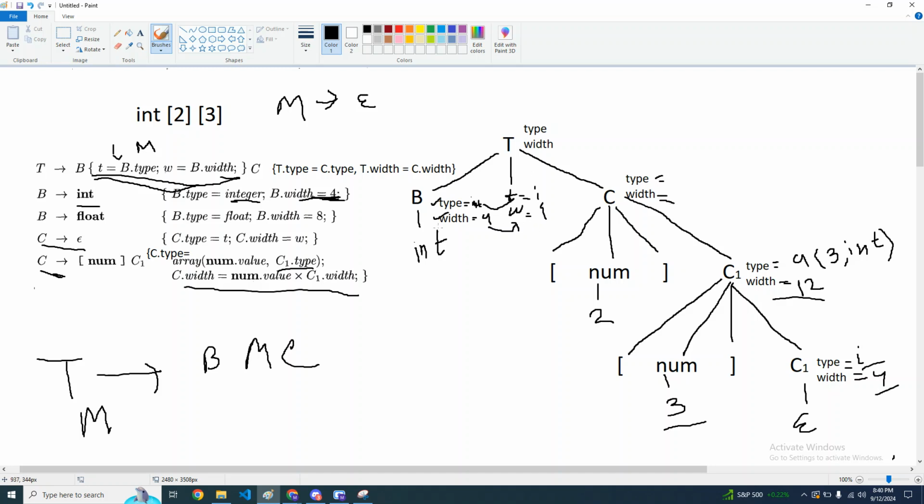এই যে আপনার ইন্টিজারের জন্য বি ডট টাইপ কি পাইছে, ইন্টিজার, বি ডট উইথ কত পাইছে 4, রাইট? সো এই ভ্যালুগুলো কোথায় শিফট হয়ে গেছে? টি আর ডাব্লিউ তে, তাই না? এই টি আর ডাব্লিউ থেকে এই রুলটা খেয়াল করেন, এই সি ডট টাইপ আর সি ডট উইথ কই থেকে পাইতেছে? টি আর ডাব্লিউ থেকে পাইতেছে। কথা বুঝতে পারছি? হ্যাঁ হ্যাঁ, এই জন্যই নিছি।